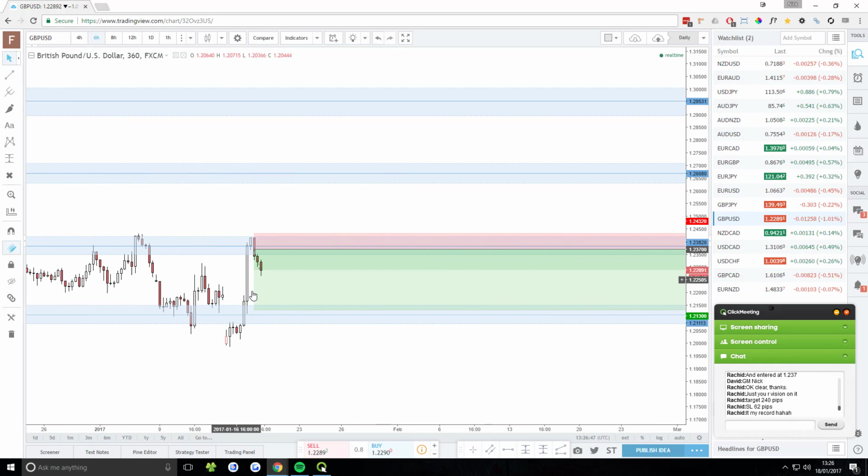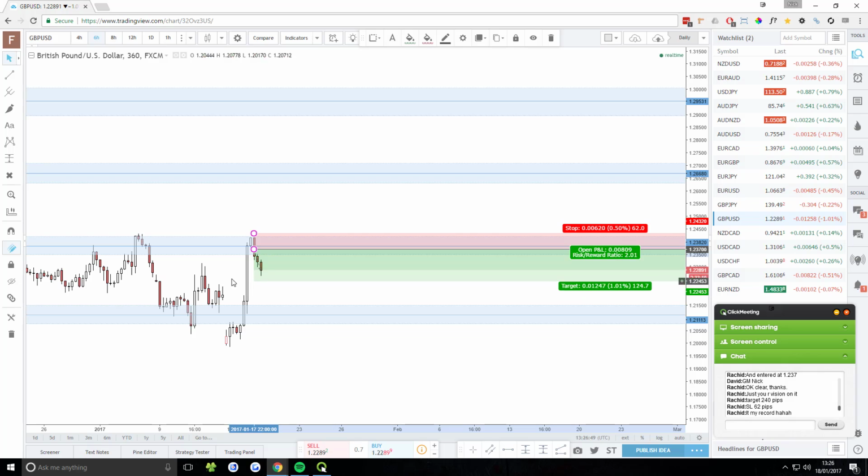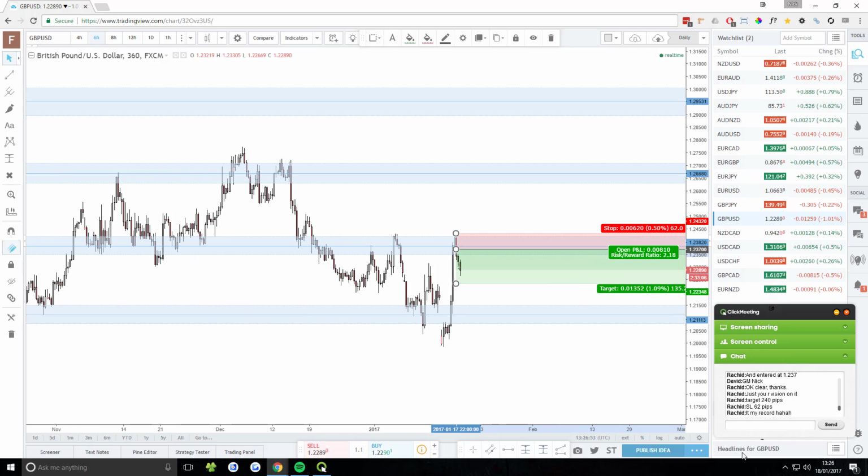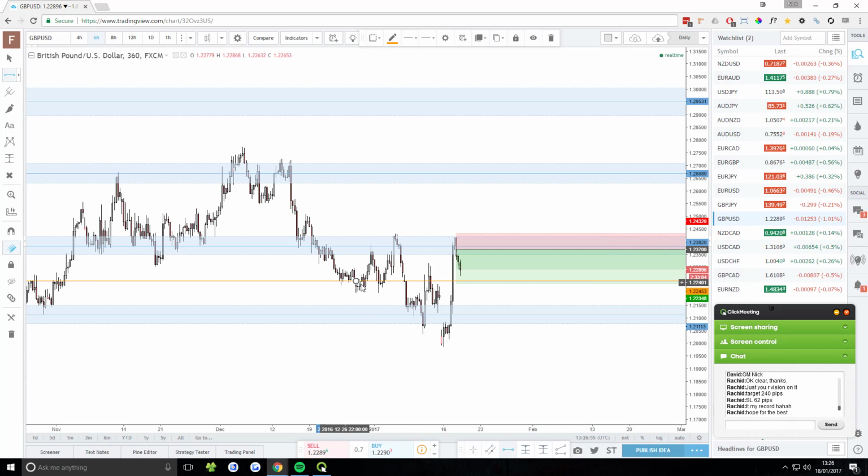Yeah, okay. I mean, you should also consider that there's minor support resistance in this area here. Should take that into consideration. You could see that it bounced quite heavily from there, and then on the way up, it did the same thing. This is what I was saying earlier. When you enter a trade, always look to the left.